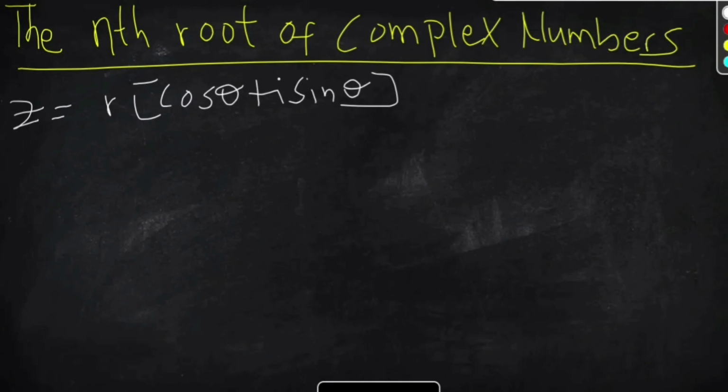Given a complex number, we could be asked to find the nth root of our given complex number. Let's say we have our z, our complex number in polar coordinates. To find the nth root of a given complex number, let's say the nth root of z,